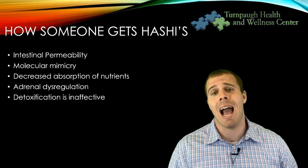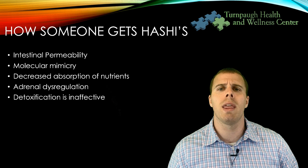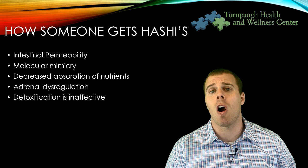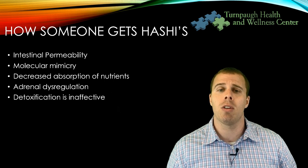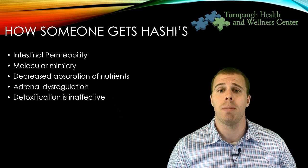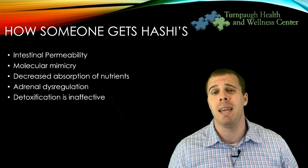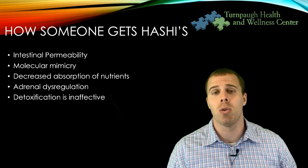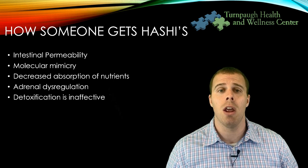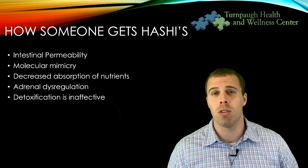So we now start attacking and stimulating that immune tract to the thyroid. Also, really important here that we look at the adrenals, because the adrenals and the thyroid basically are on the same circuitry. The adrenals are on the HPA axis, the hypothalamus pituitary adrenal axis, and the thyroid is on the HPT axis, hypothalamus pituitary thyroid axis. So a lot of the thyroid and the adrenals communicate with one another. So really crucial if we're having thyroid dysfunction to address the adrenals, which can